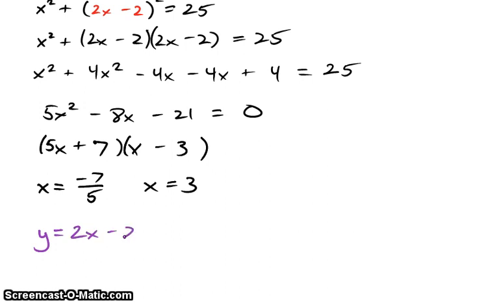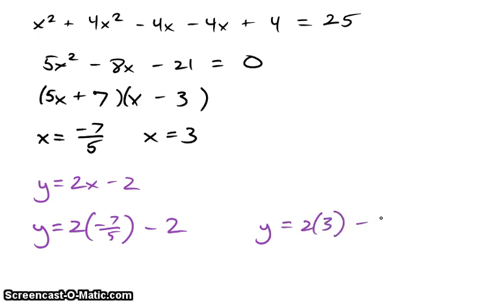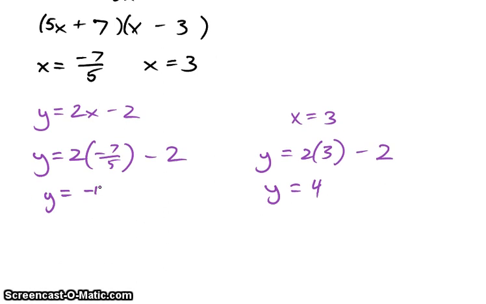So let's take this linear equation to compute the two outputs. The first one is just 2 times negative 7/5 minus 2. The other one is y equals 2 times 3 minus 2. So when x equals 3, I get y is equal to 6 minus 2, 4. When x is negative 7/5 over here, we get y is equal to negative 14/5 minus 10/5. I went ahead and changed the denominator to 5, and then I subtract 10,